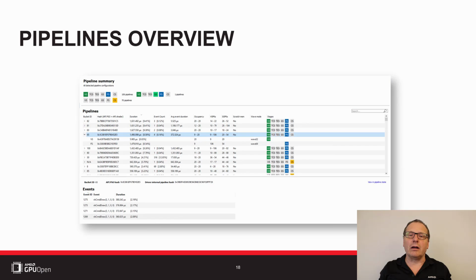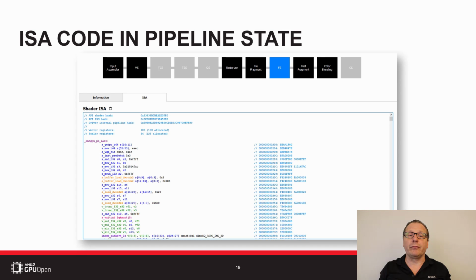In addition to adding support for RDNA, we've added several new features to help analyze pipelines and shader execution in your frame. We've added a new overview pane that focuses on pipeline usage. This view gives a summary of all the pipelines used within the frame. It shows the shaders contained in the pipeline as well as statistics for both the individual shaders and the pipelines themselves. This allows you to easily identify expensive shaders and pipelines. It also provides a list of events that use each pipeline, allowing you to quickly jump to those events in other views of RGP.